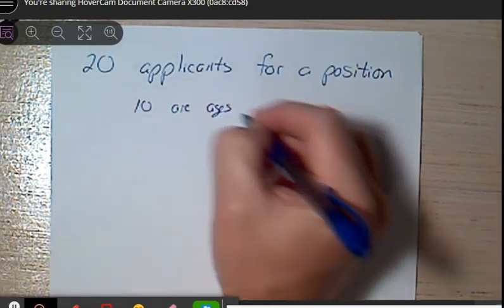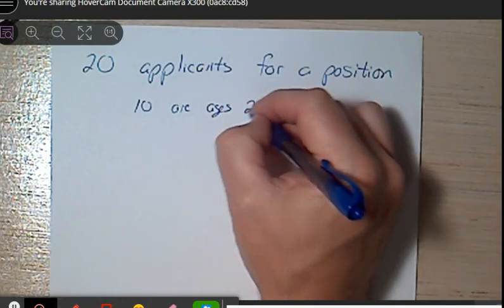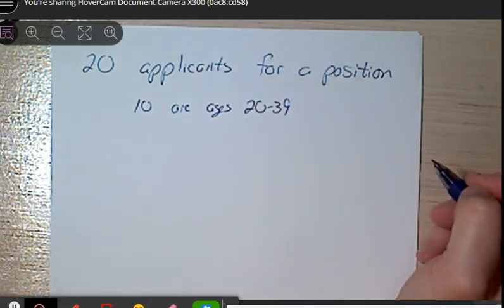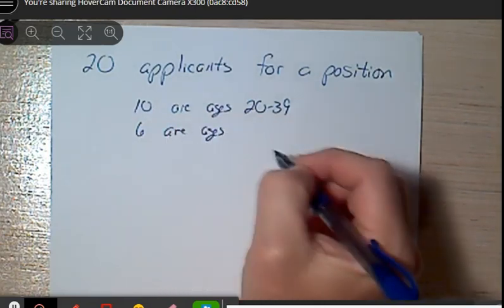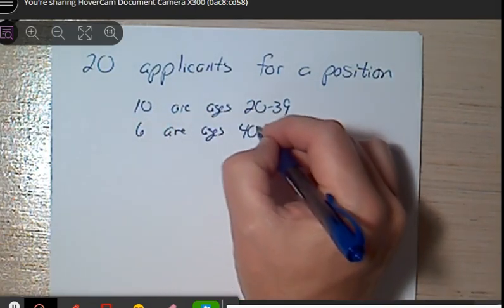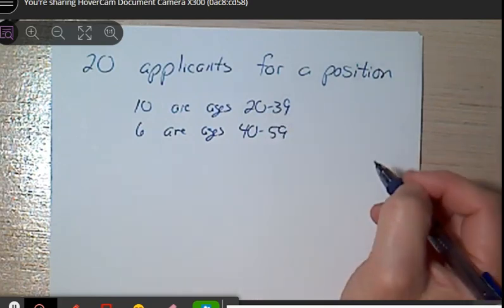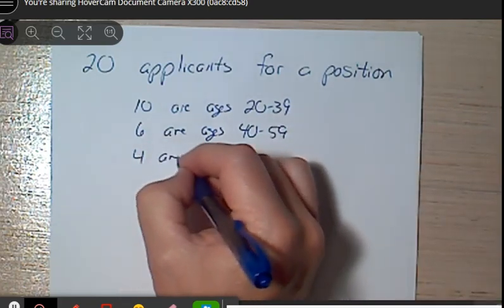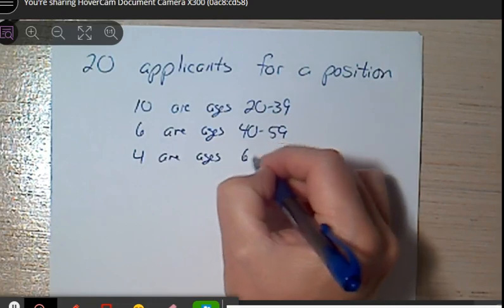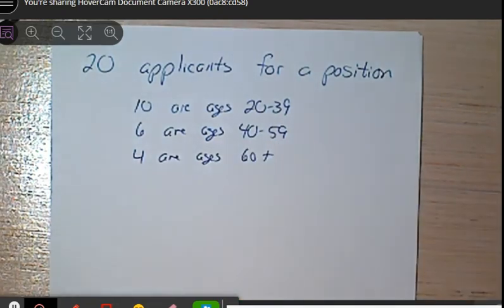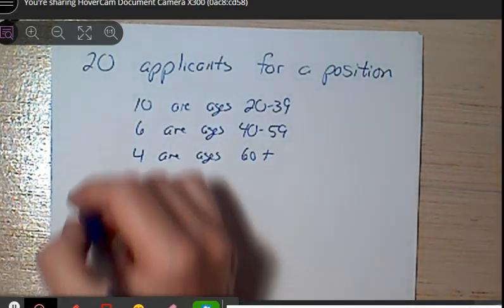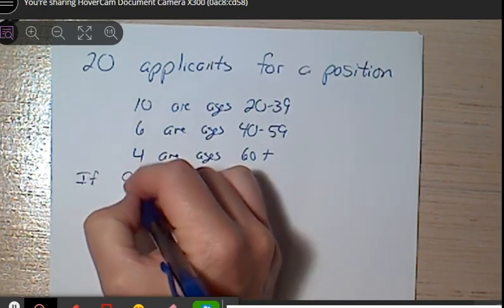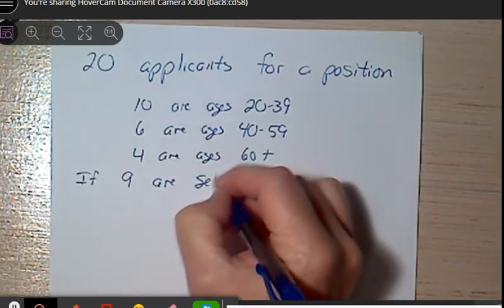We'll say that 10 are ages 20 through 39, 6 are ages 40 through 59, and 4 are ages 60 plus. If 9 are selected at random,